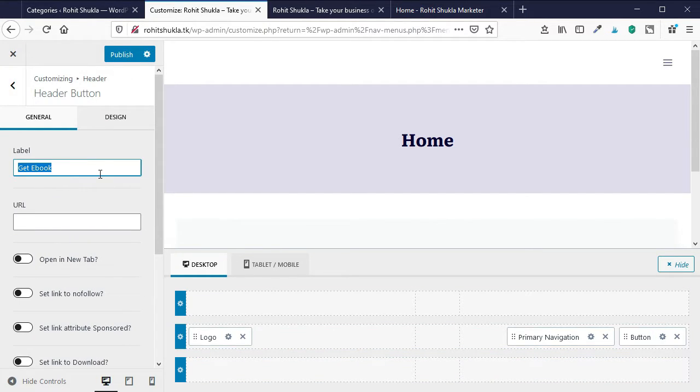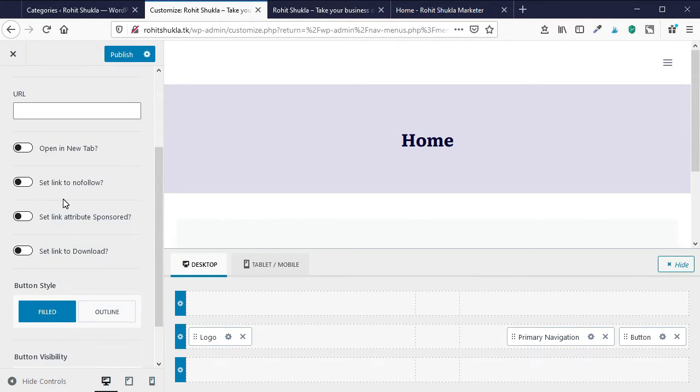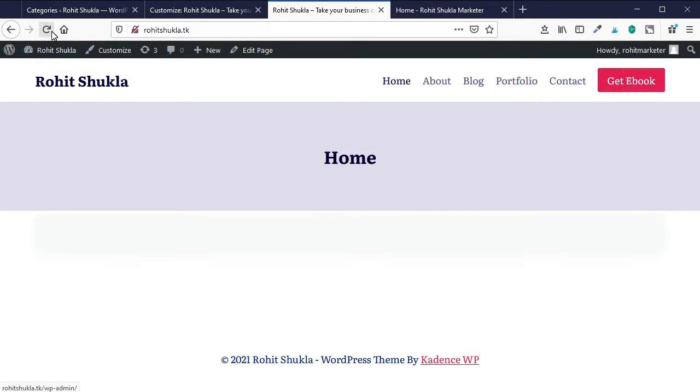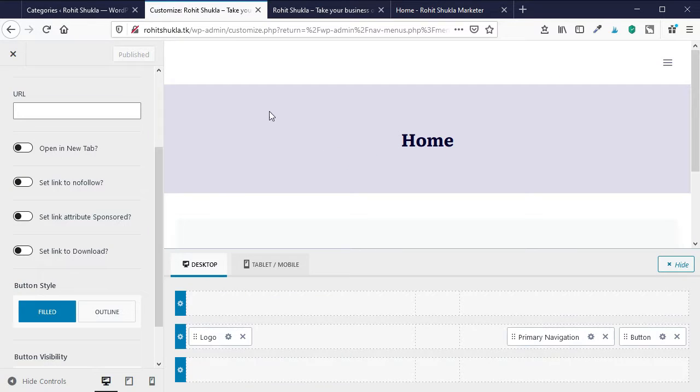For the button I can name this get ebook button and specify the URL in the URL field. Right now that page is not ready, so I have left this blank. Click on publish, then refresh this page and you can see the get free ebook button.